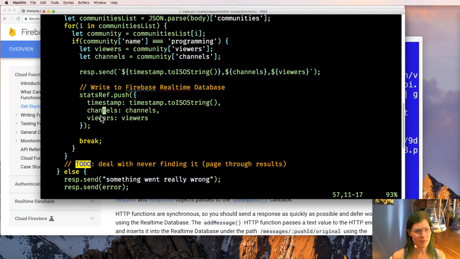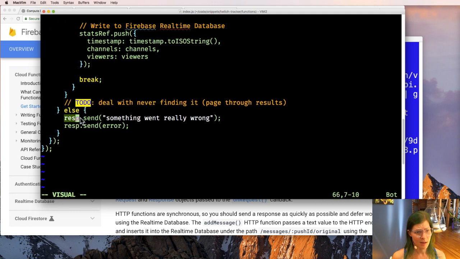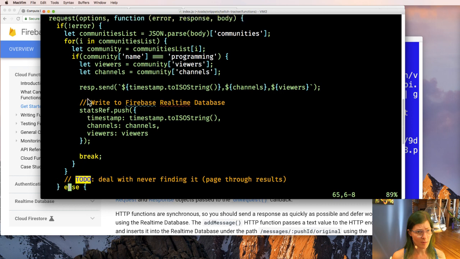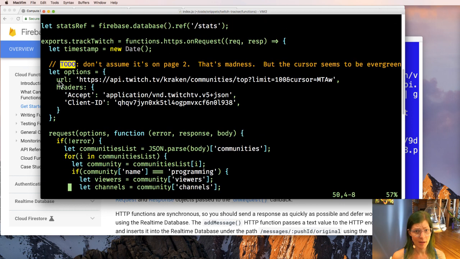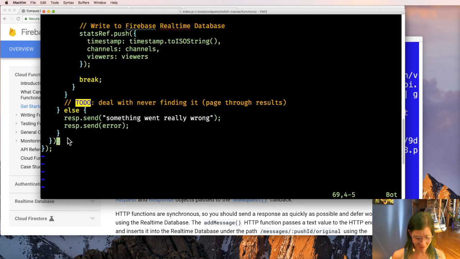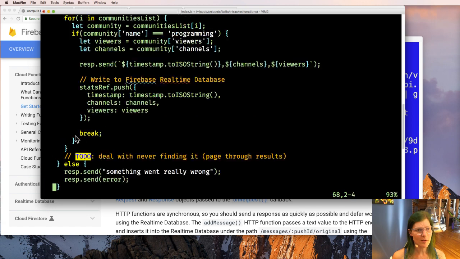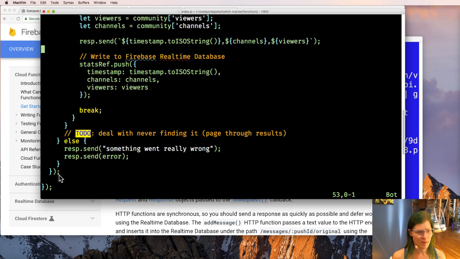So that's for the case of errors. For the case that I never found anything else, let's just write gibberish to the response. Like, I'm done. So what does this correspond to? This corresponds to the request. Okay, so we're gonna do it outside of here. We're just gonna write a couple things to the response, and we're going to see if that will cause our function to actually exit. Thanks for playing